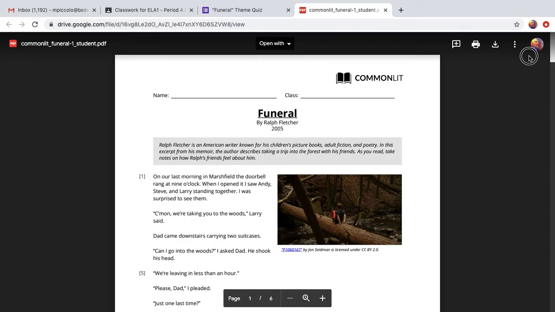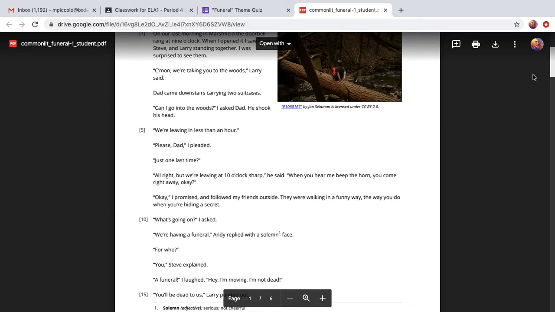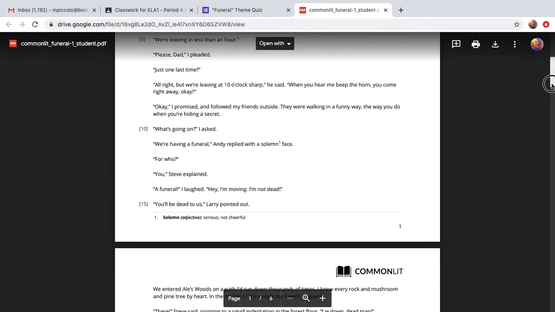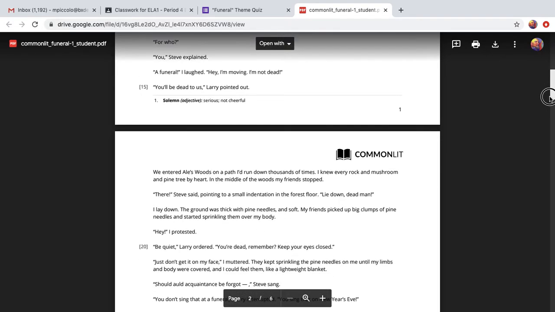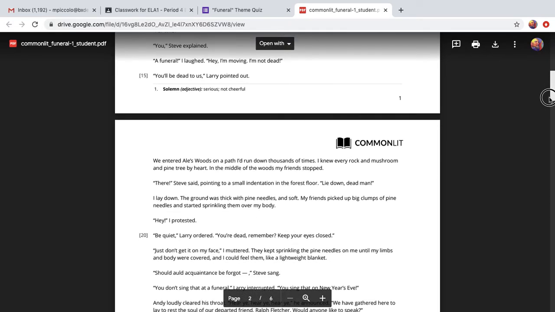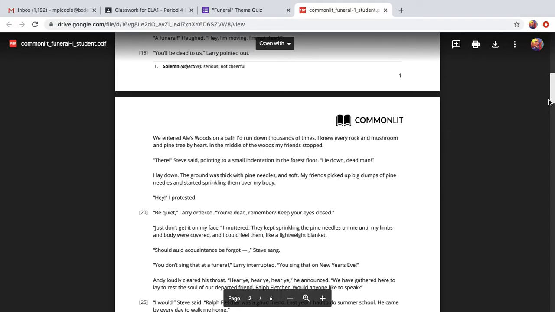So we have Ralph. He's moving. His friends come to the door while Ralph and his father are getting ready to move. And they say, "Come on, you're coming with us to the woods." And his dad lets him go, and they're walking to the woods, and he says, "Where are we going?" And his friends say, "We're going to go have a funeral." And he says, "A funeral for who?" And they say, "For you." He laughs it off. He's like, "Yo, I'm not dying. I'm just moving." And they're like, "Well, you're going to be dead to us." Right? So that's kind of sad.